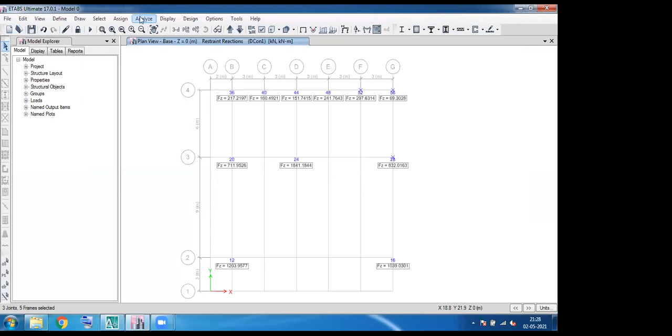There is an option Analyze, Display, Design, and then an option called Detailing, up to version 16. After 16, the detailing is done using an individual software. For 17 we use a plugin for detailing. For 18 and 19 we use separate software for detailing. So if you have an original software of a lower version, just go with ETABS 16. For a beginner, it will be very useful for designing as well as detailing in a single package. I hope I answered all your questions.